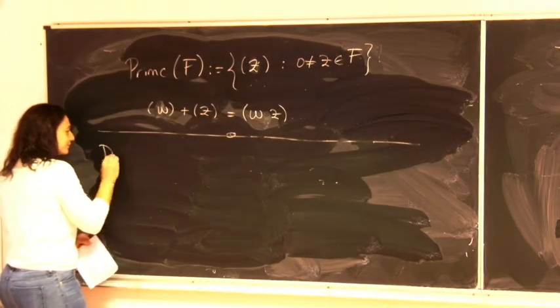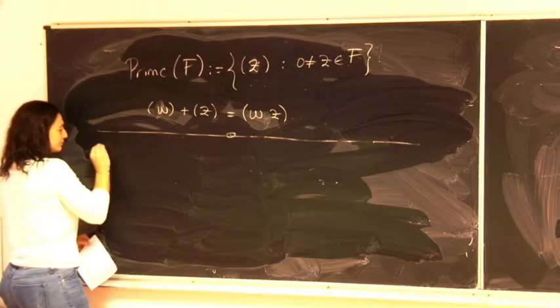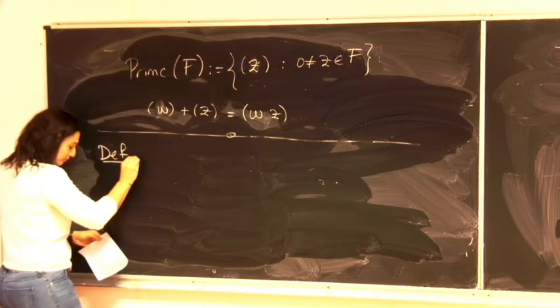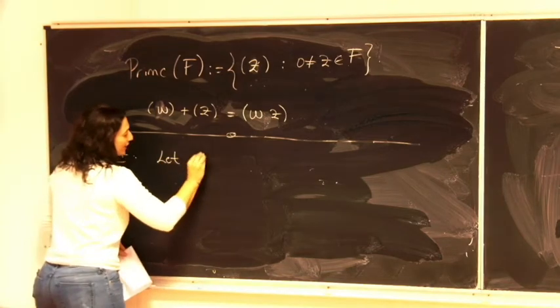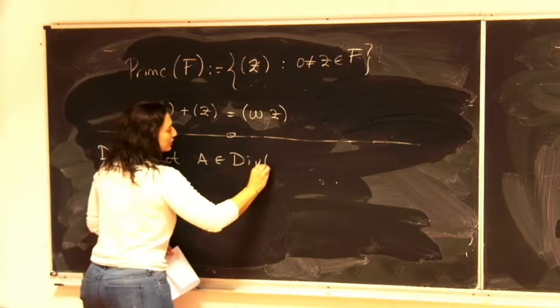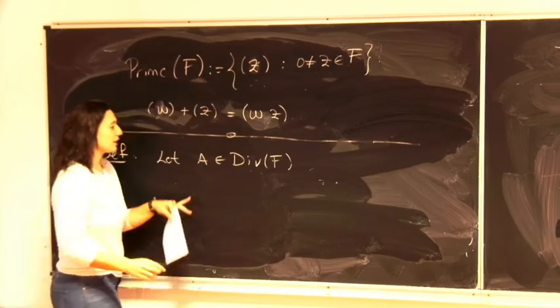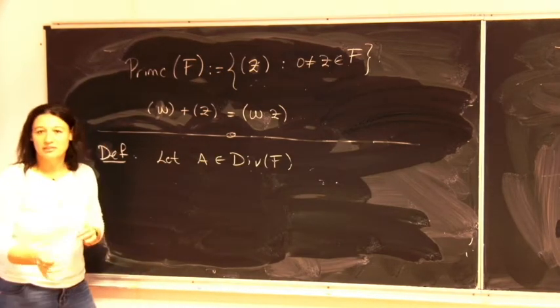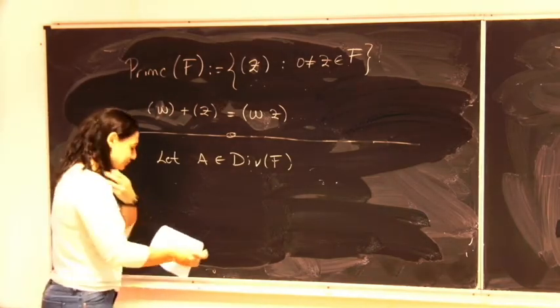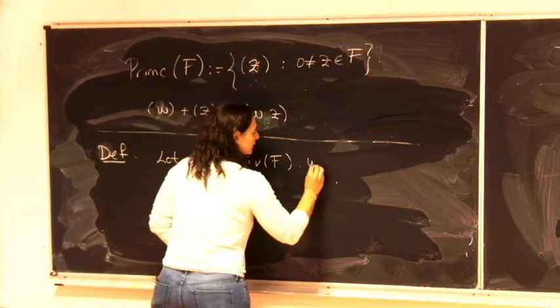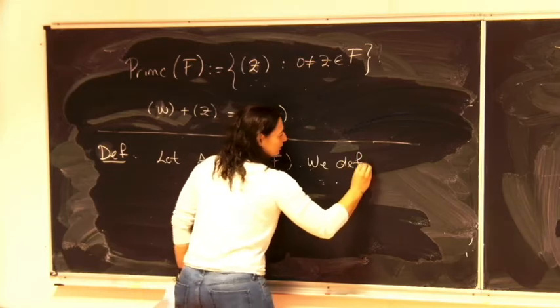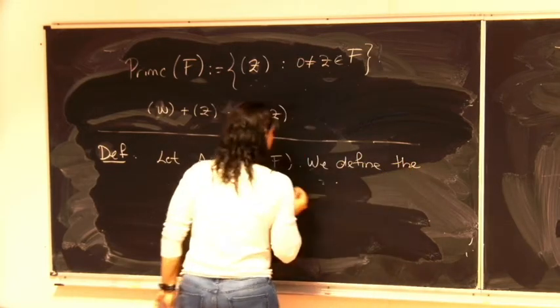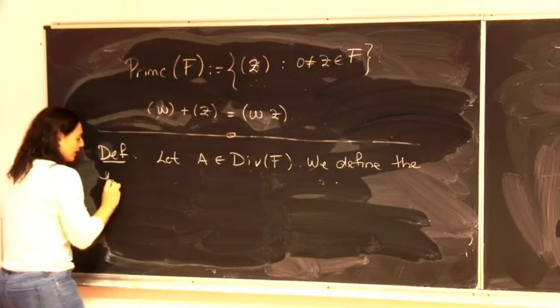So let A be any divisor, and when I say any divisor, it could be a principal divisor or it could be any kind of divisor. Then we define the Riemann-Roch space associated to A